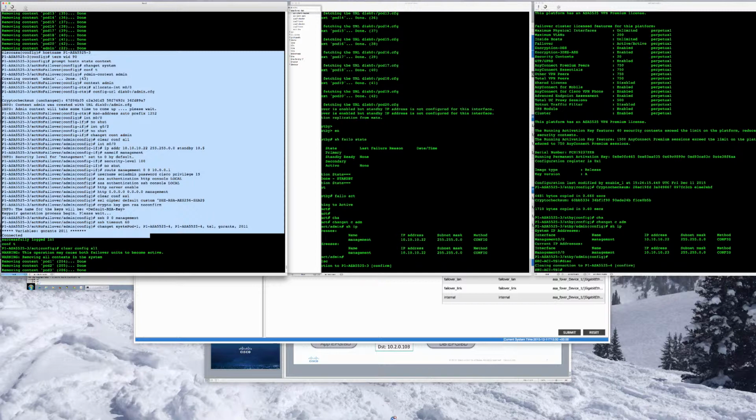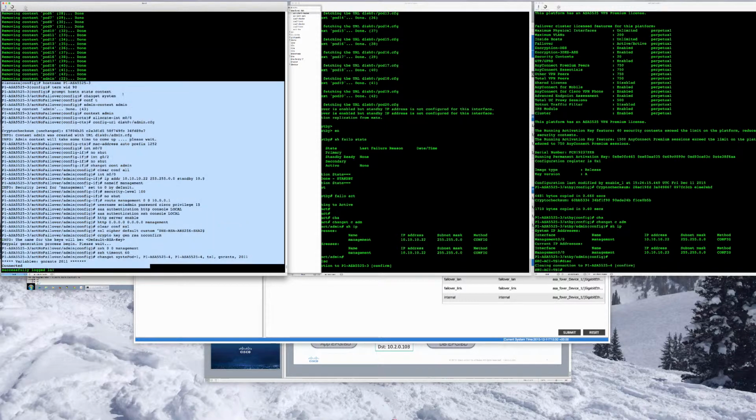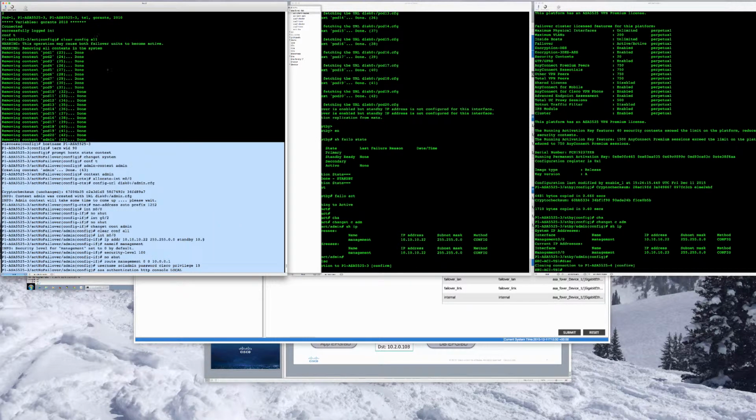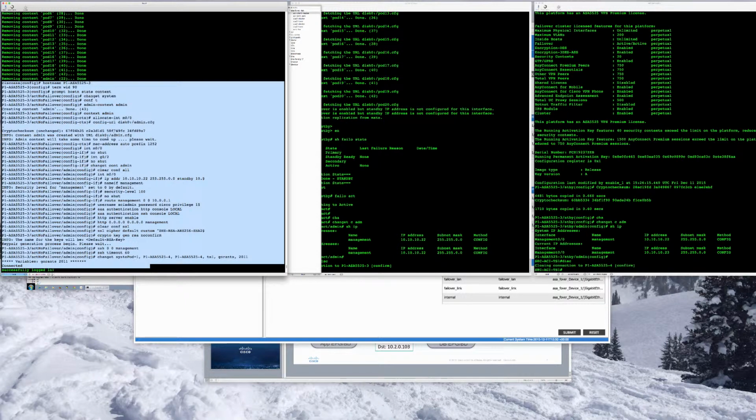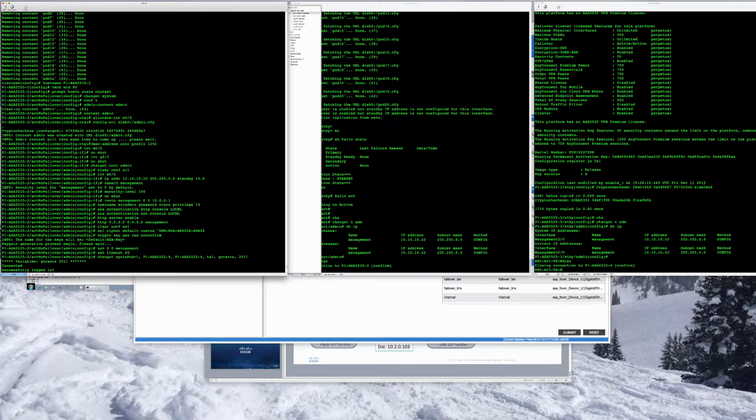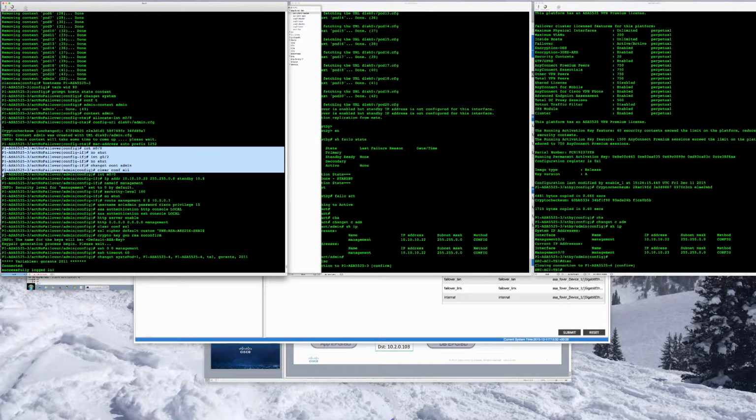We are in system context here. We configure our context admin after doing clear config all, and assign it a management interface and the URL for its configuration. Mac Auto is an important item here in multi-context mode to make all interfaces have unique MAC addresses. Then we proceed with our pre-config that we had in place, which is to